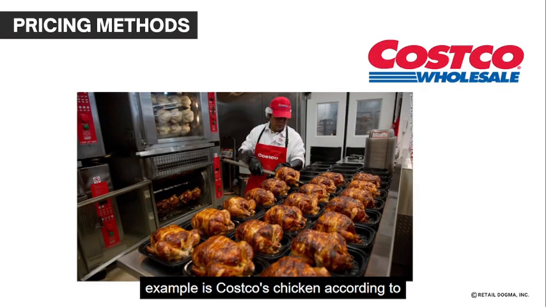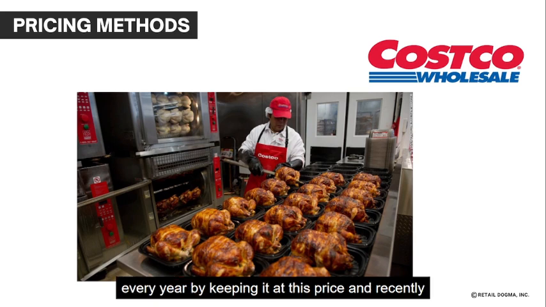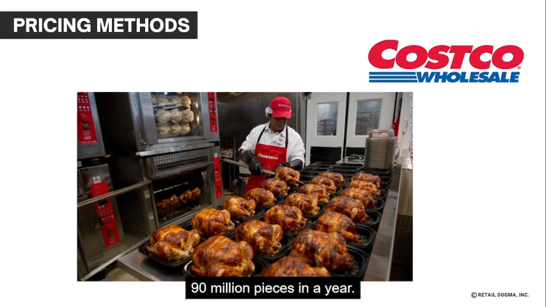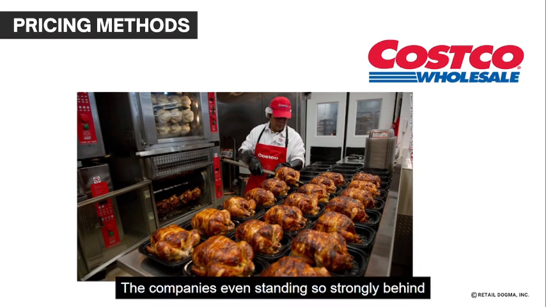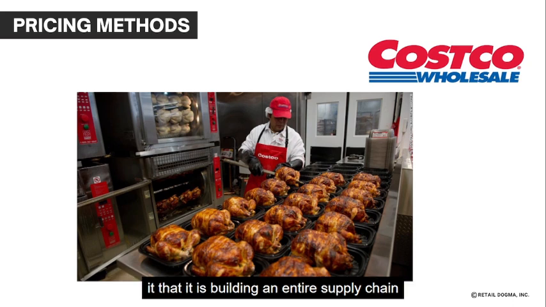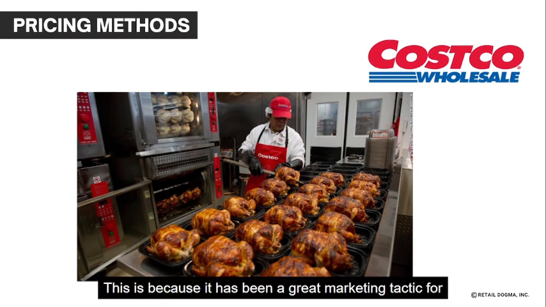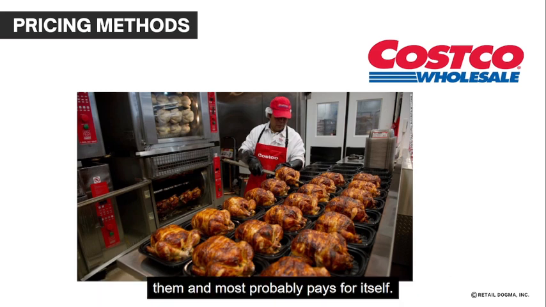One famous example is Costco's chicken. According to Costco's CFO, they don't mind losing $30 to $40 million on gross margin every year by keeping it at this price, and recently the company announced that they have sold more than 90 million pieces in a year. The company is even standing so strongly behind it that it is building an entire supply chain around it and taking the operation in-house. This is because it has been a great marketing tactic for them and most probably pays